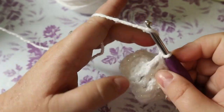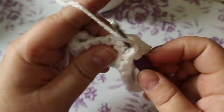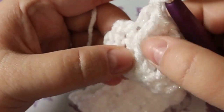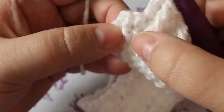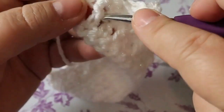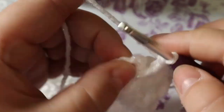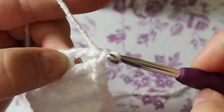So the only thing you really got to remember here is I'm on a post, and now I'm in a stitch. Post, and it's every other post. So I am at the end. I am coming to the end anyway. So I've done my front post there, and I've done my stitch up here. So I've got to skip that one because that's what this stitch is for. So I got to do around this post here. And because I have 23, I've been counting, I have to still stick a double crochet in here to make 24. So you will be using your turning chain parts